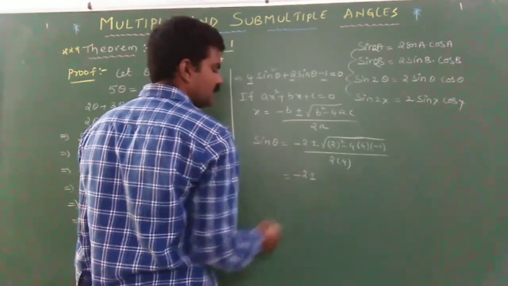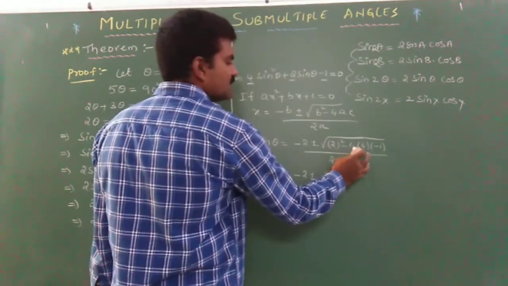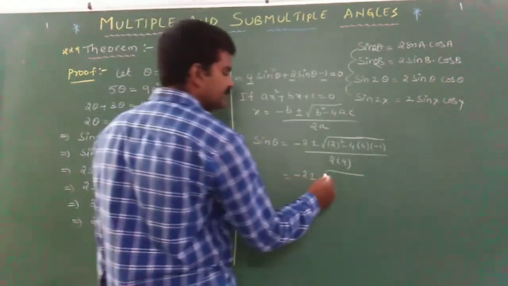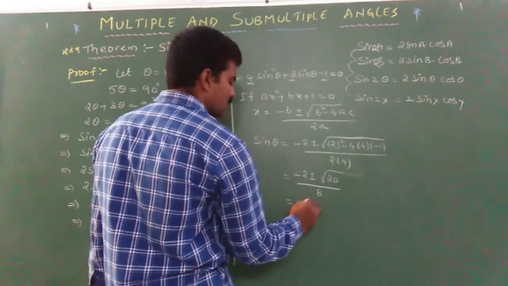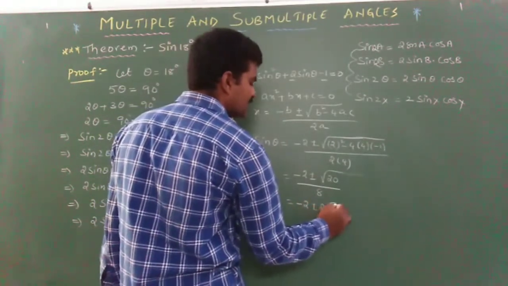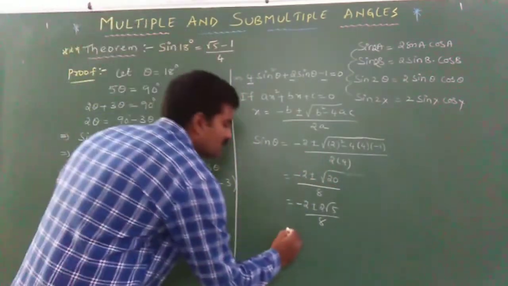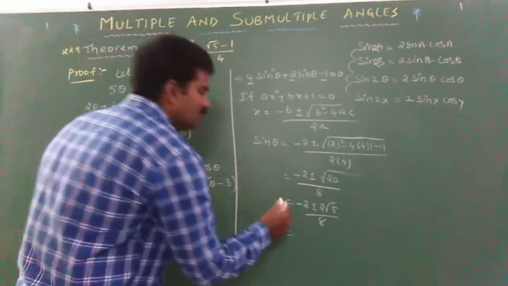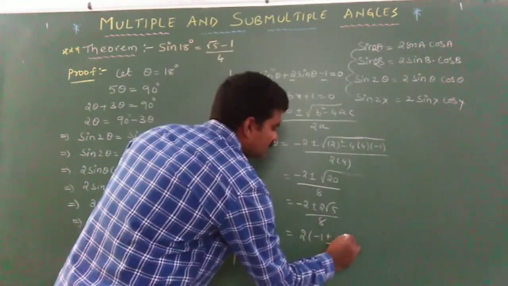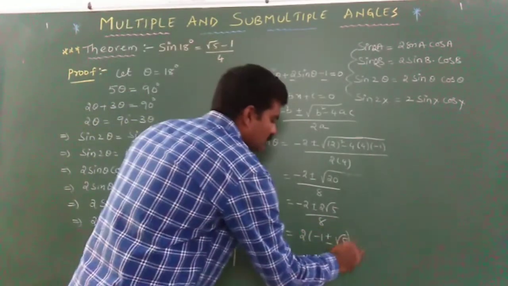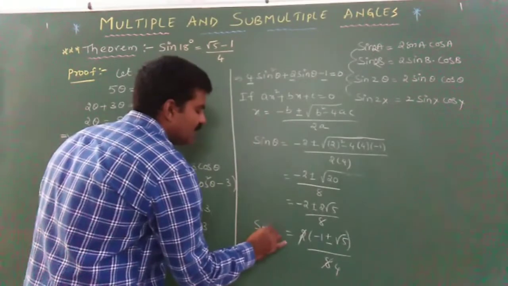So which is furtherly minus 2 plus or minus under root of, this is actually minus into minus plus 16 plus 4 root 20, divided by 8. So minus 2 plus or minus, I can write it as 2 root 5, by 8. Okay, so if I take 2 common, then minus 1 plus or minus root 5 whole divided by 4, and this is for the value of sine theta.